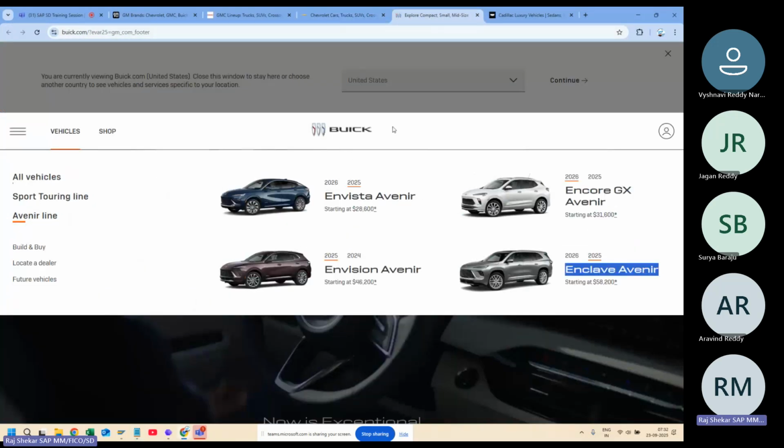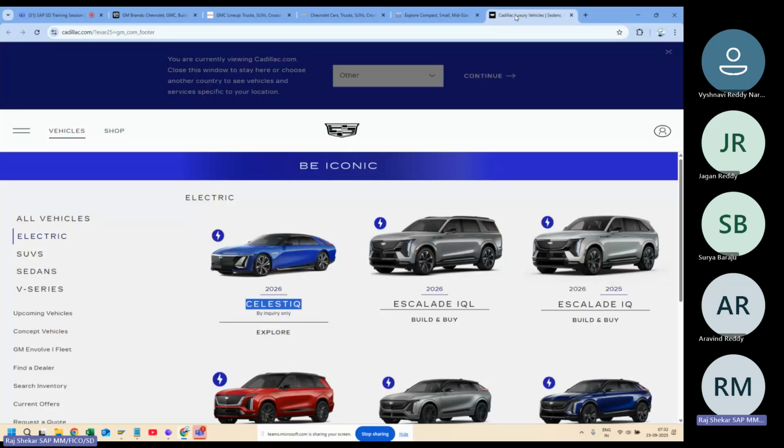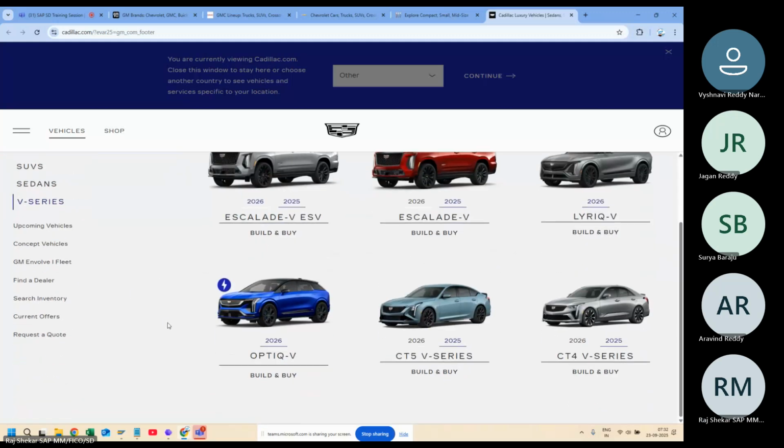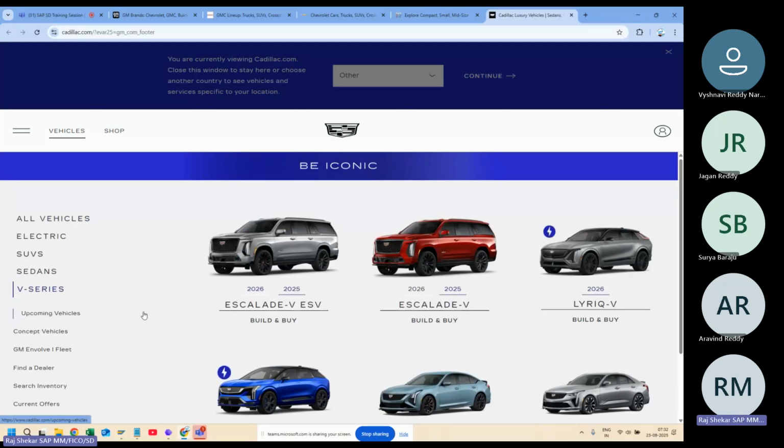Actually, this Buick does not have any, and this Buick is also not there in India. I have never seen any Buick car here. Okay, and let's see. I think this Cadillac also does not have any commercial vehicle. So anyway,